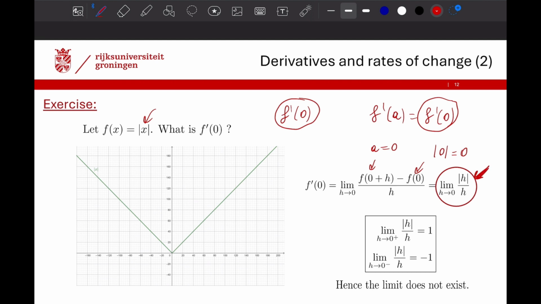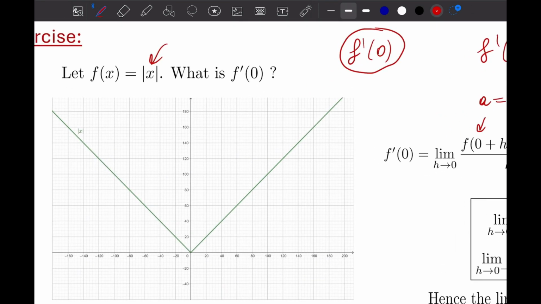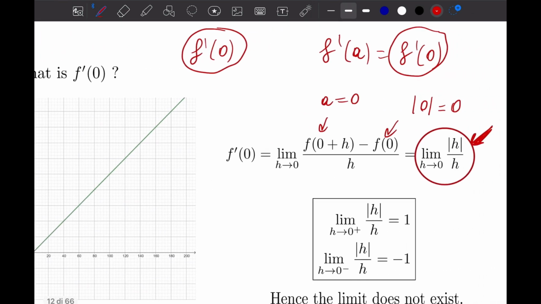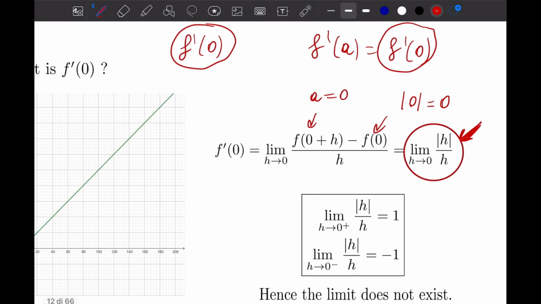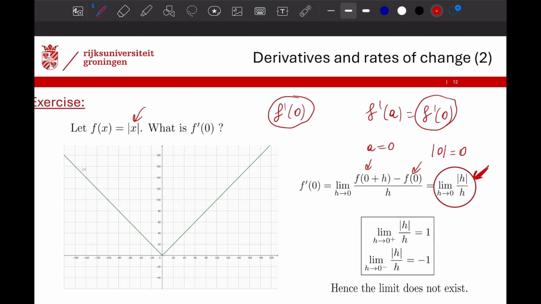This limit, I am sure that you have all seen multiple times probably in your life because it's one of those limits that you just encounter and is just kind of famous in its own way. Why is it famous? Because it does not exist. Why does it not exist? It does not exist because this limit gives you a different result depending on how you approach